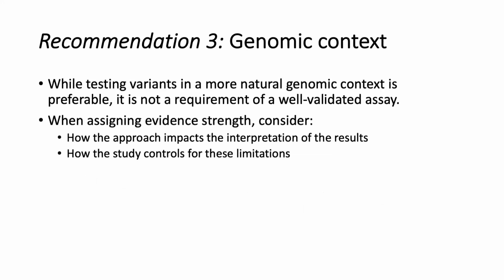This is genomic context. So that refers to the nature in which the variant is used. For example, you could consider potential off-target effects of CRISPR-introduced variants and the limitations of cDNA expression, which can't assess splicing effects. So a result supporting a normal protein function, for example, might not capture any abnormal splicing, and so maybe benign evidence should be assigned a lower strength in light of the limitation. So while it is preferable to test variants